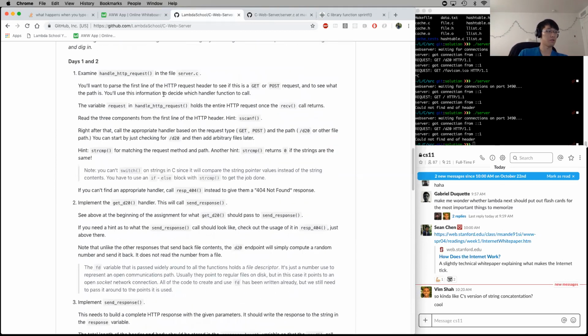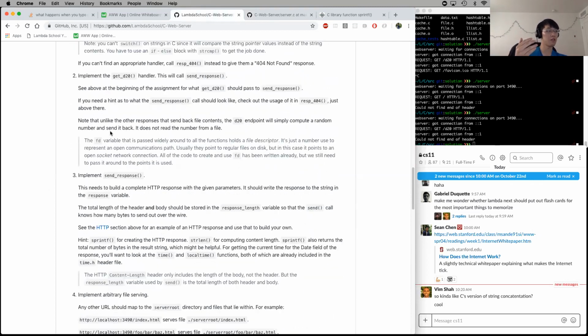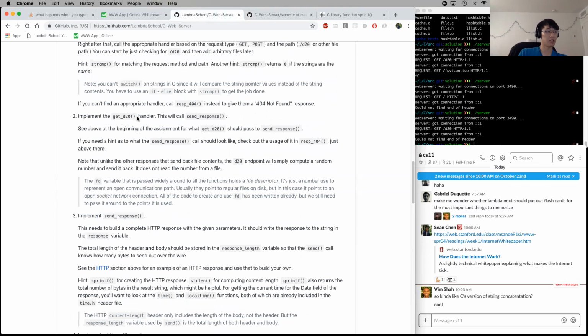So this is for handling the incoming request. This is for handling outputting the response. This one is handling one of the actual endpoints. But then there's one more,